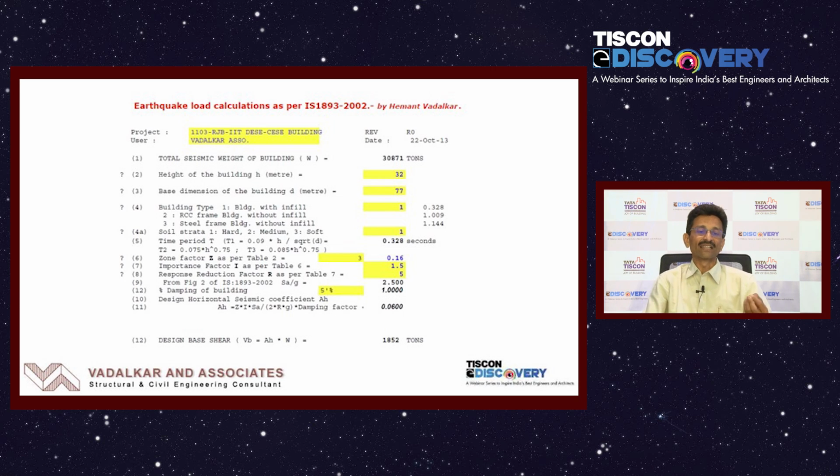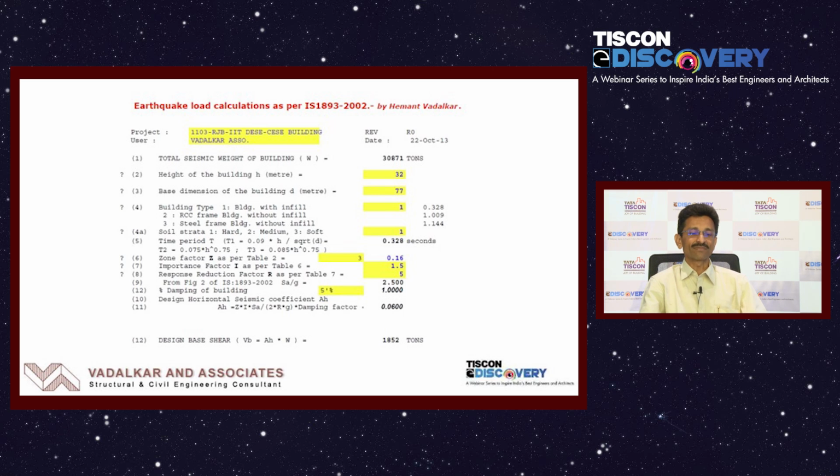In the last part, I will just try to show you some of the small calculations, how the earthquake loads are calculated on the building. This is a very small example. I am just showing you. We have designed one building in IIT Bombay. The code gives you all the formulas. I am not going into the mathematical expressions and formulas, but in principle you have to calculate the earthquake force, which is defined as VB, that is called the base shear.